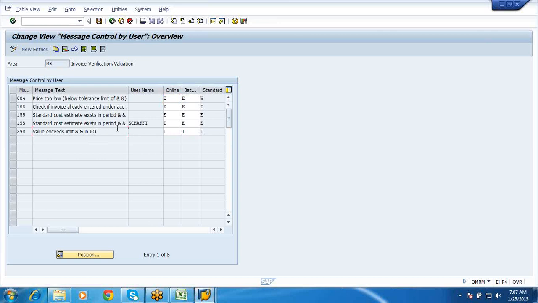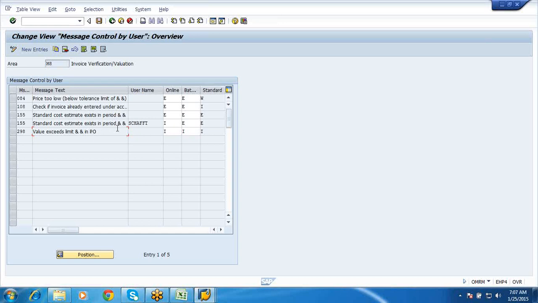Yes, you're right. Finally it depends upon the business whether it will be done by the FI team or taken care of by your MM team. In day-to-day activities, none of the purchasing departments go and post an invoice. It's finally your finance department which does the posting of invoices.